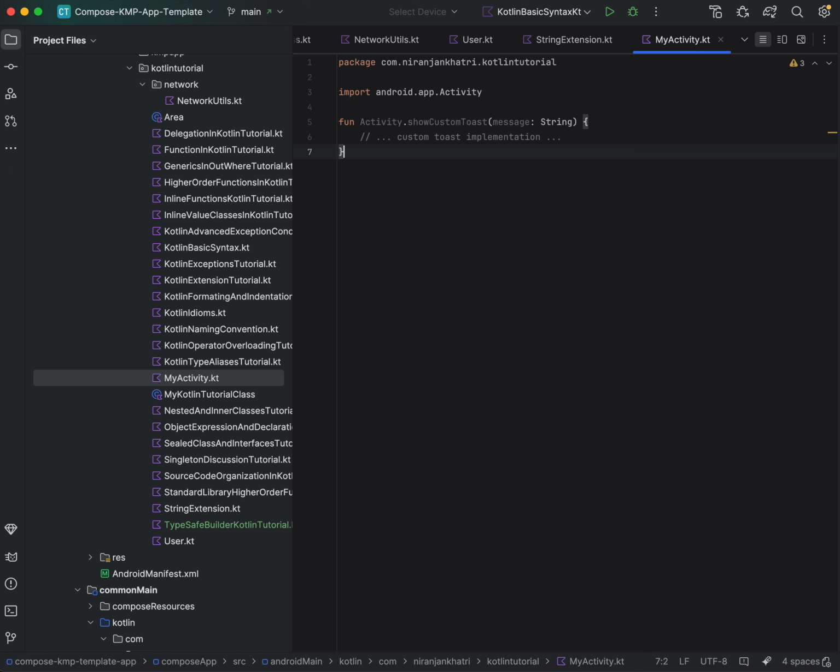So we need to avoid extension-only files. Don't create files solely for holding extension functions. This practice can lead to scattered and less discoverable extensions. Instead, group extensions within the class that they extend, or the client that uses them. Okay, and now for the class layout,